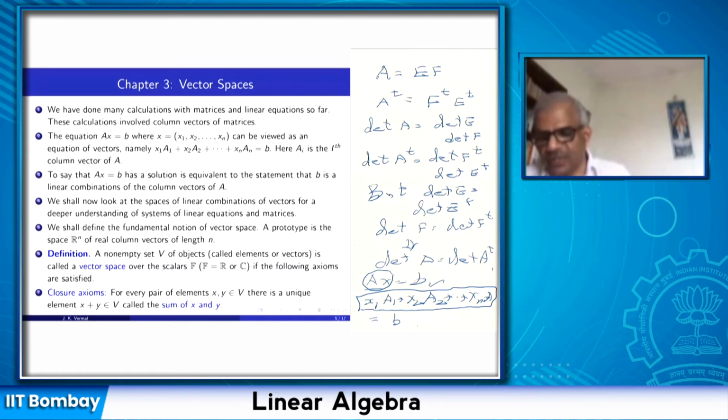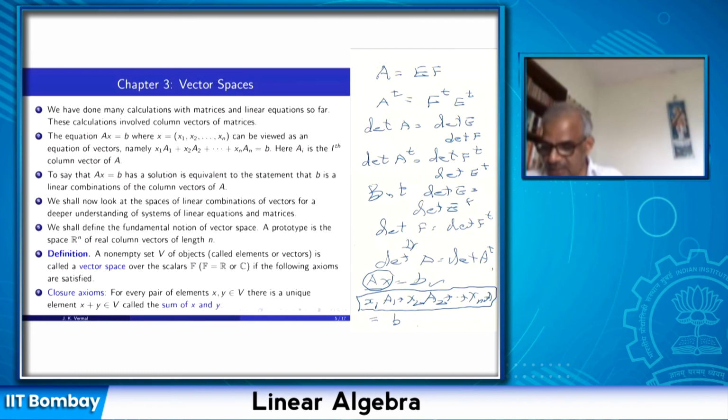So in the definition of a vector space, we are not specifying how we are going to add the vectors. If it is Rn, we know how we are adding. We are adding vectors component-wise. But in the definition of an abstract vector space, we are not specifying how we add the vectors. What is important is the properties of this addition. Repeatedly we use these properties, and these properties are satisfied in many cases. So we abstract them in terms of axioms. So these are the closure axioms.